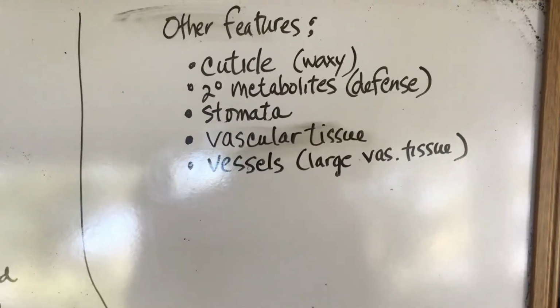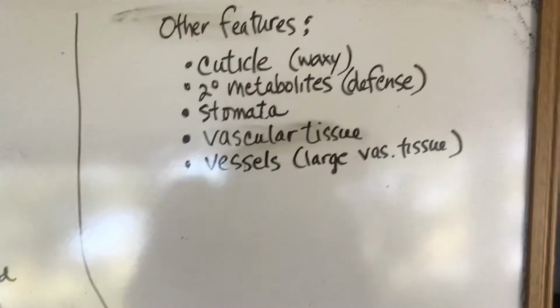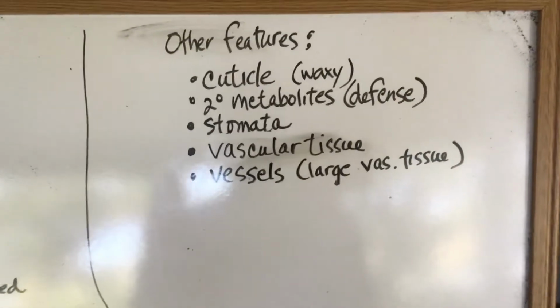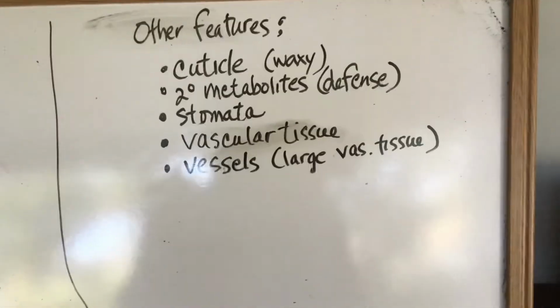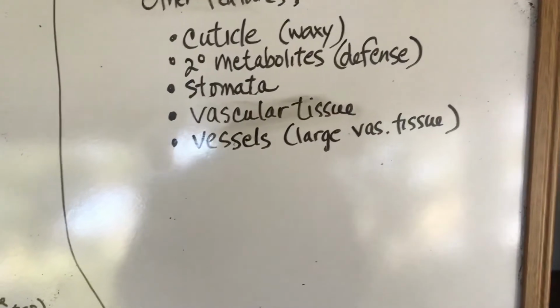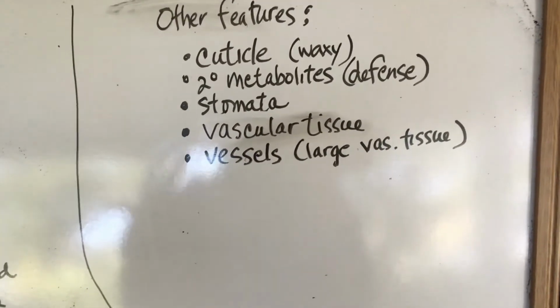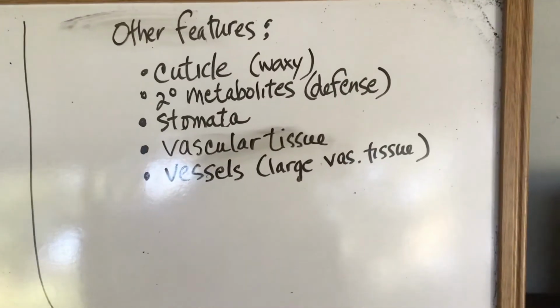And then you have something called secondary metabolites. Secondary metabolites are defense mechanisms. They're produced and held in the cell, the central vacuole of a plant cell. Things like anthocyanins, which are the purple substances. They give the plants color, so those wouldn't be defense necessarily. They might be for attraction.